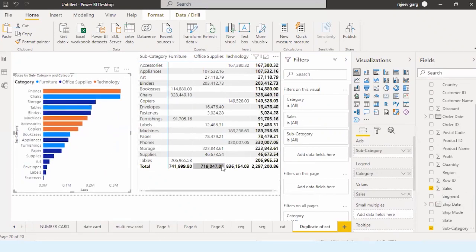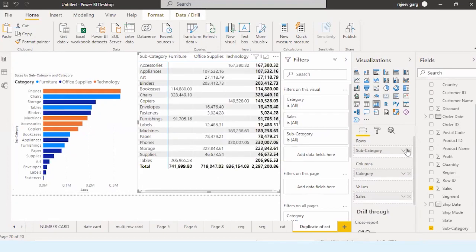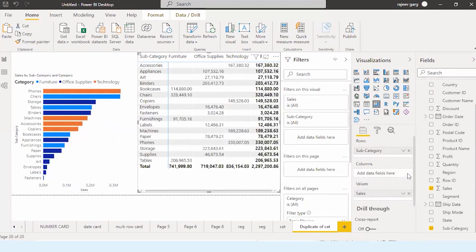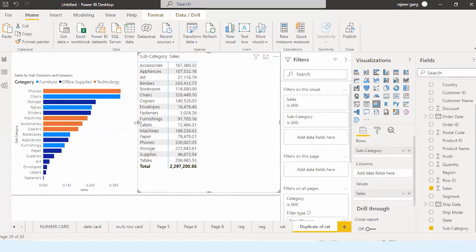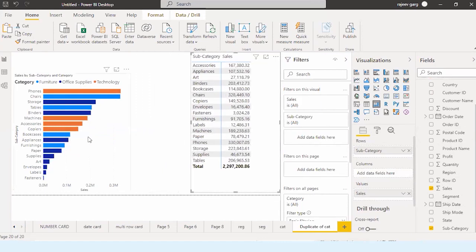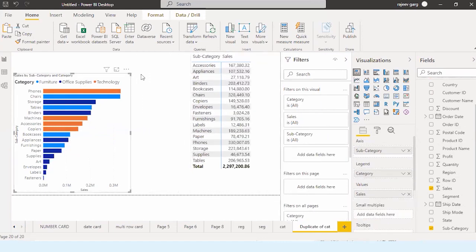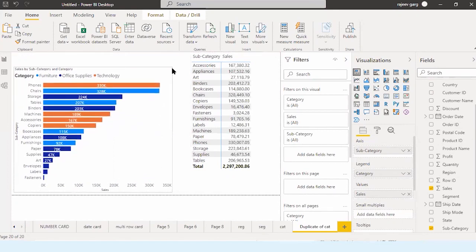Here also we will give the subcategory sales. Here it is, and I will name it as S6. Right. So we were talking about the drill through.